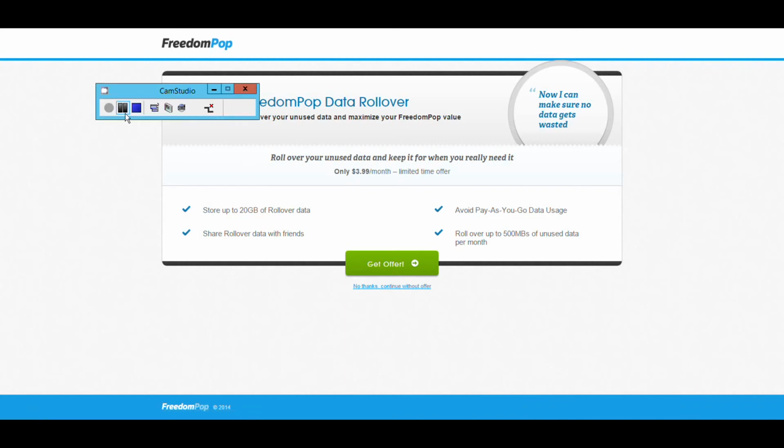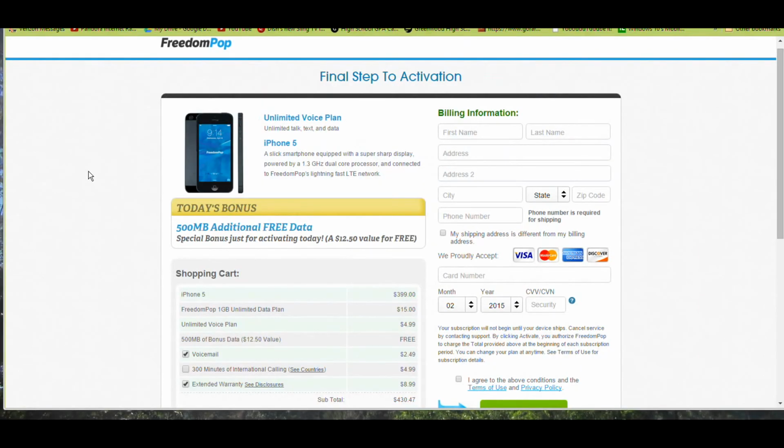So I'm going to click. Here's where you get to the final checkout. It lists all that. They automatically check voicemail and the extended warranty, which I would not need, just because you wouldn't need it. And they give you 100 megabytes of bonus data and whatnot. So yes, that'd be something to look at, but